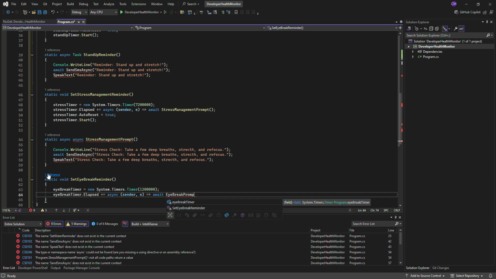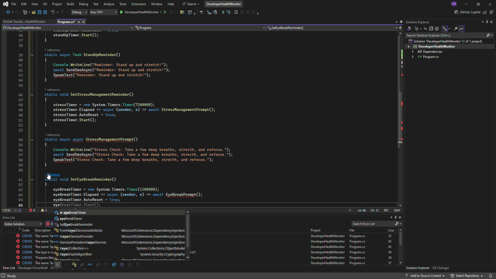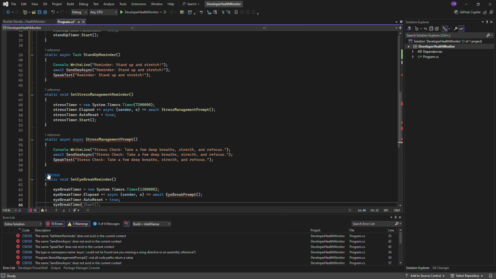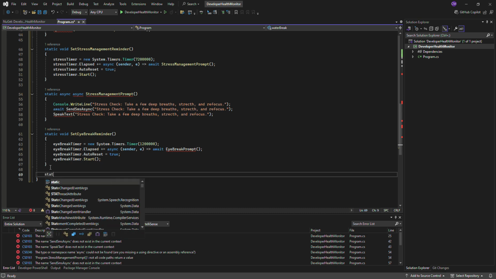Break prompt. The break prompt. And then we do the same with the break timer dot start. This is to start it. So then we will do two-step down and do the static